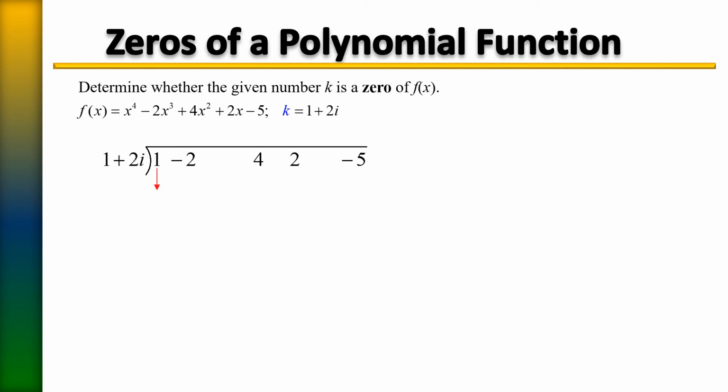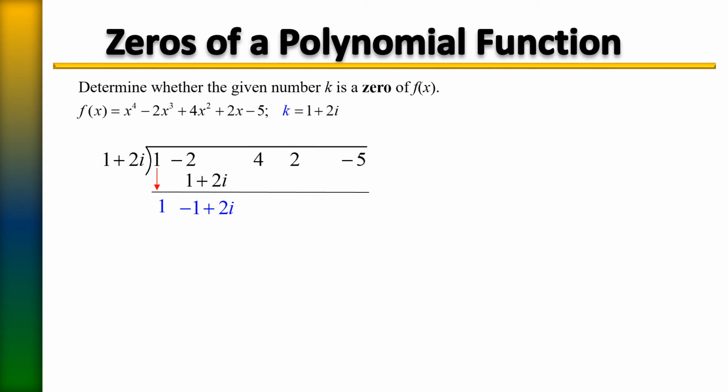All right, so we're going to begin by bringing down the 1, multiply that with 1 plus 2i. 1 times any number is going to be that same number. So we're going to bring that over. You can only combine the real with the real. You can't combine the real with the imaginary. So combining the real with the real and bringing the imaginary down is going to leave us with negative 1 plus 2i. Now we're going to multiply that with 1 plus 2i, which is nothing more than FOIL, first, outer,